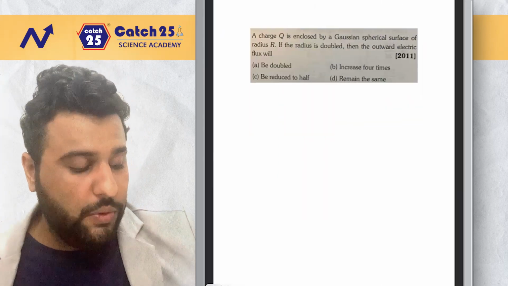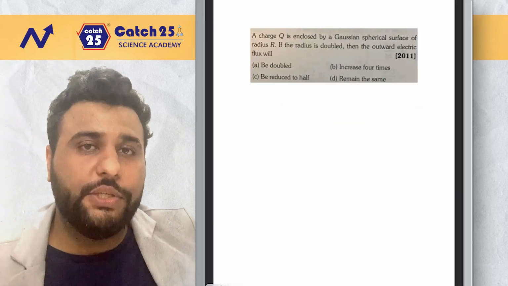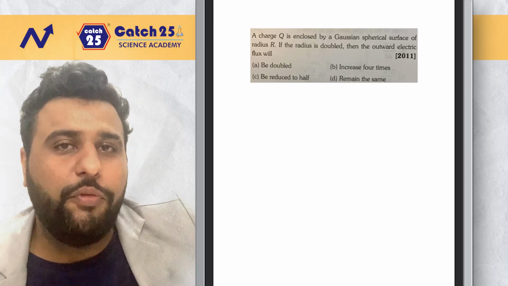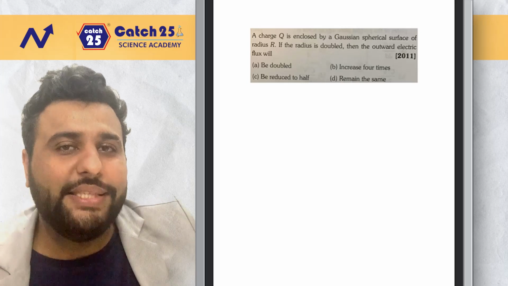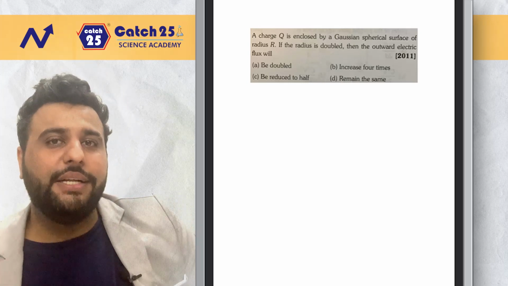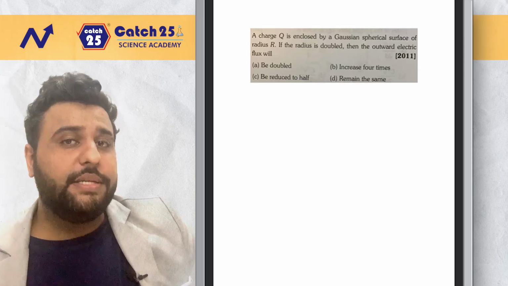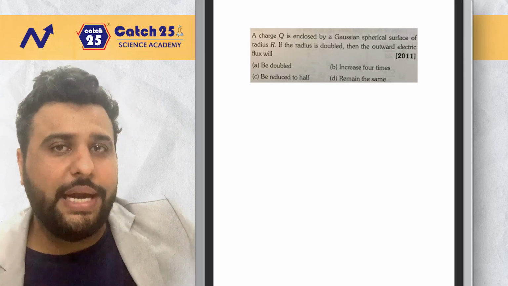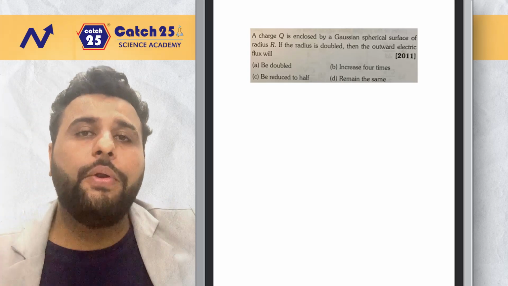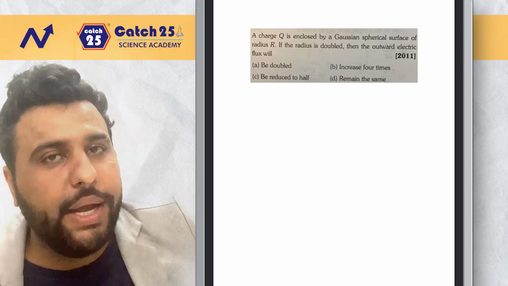Okay, so before we do that question, let me do a theory question of Gaussian surface, which actually contributes to 20%. You know the formula for flux depends on charge and epsilon naught. Your flux does not depend on your radius. Okay, that is from Gauss itself. Gauss itself said it does not depend on radius. We can use the formula Q by epsilon naught.